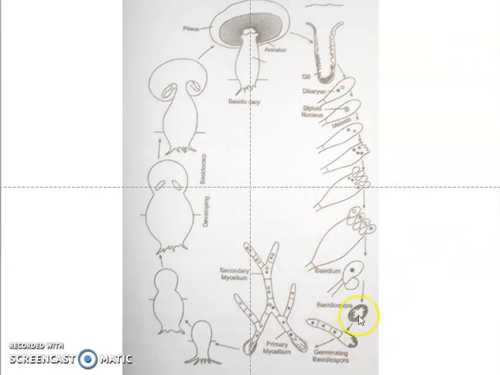Let's start from here. This is a basidiospore. By the germination of a basidiospore under favorable condition, a mycelia will be formed. These mycelia are called primary mycelium. Two primary mycelium fuse together to form secondary mycelium. The secondary mycelium has two nuclei in each cell. That condition is called dikaryotic mycelium.